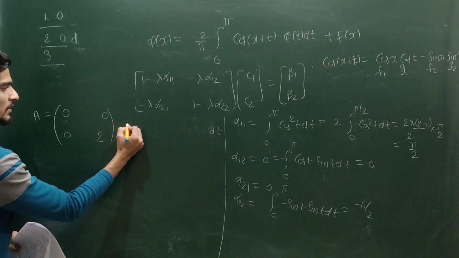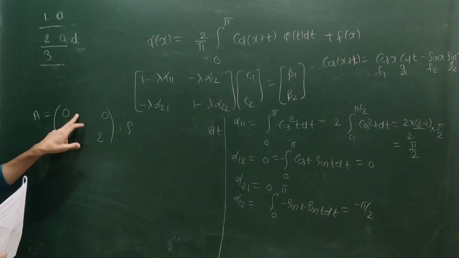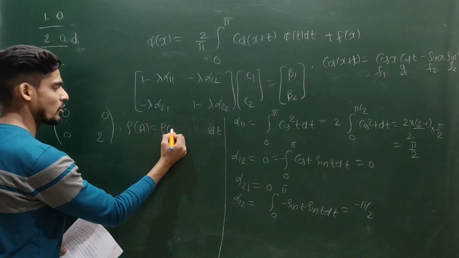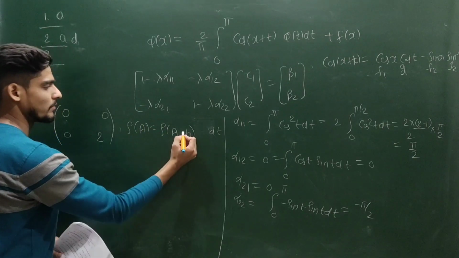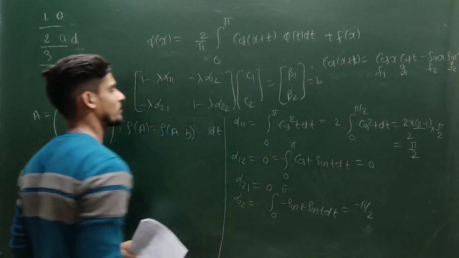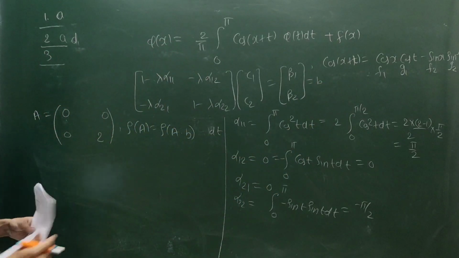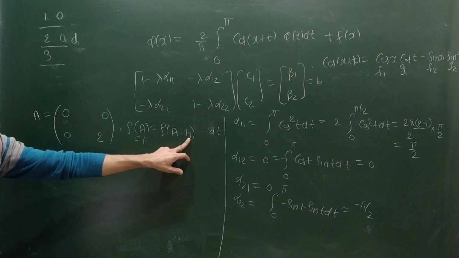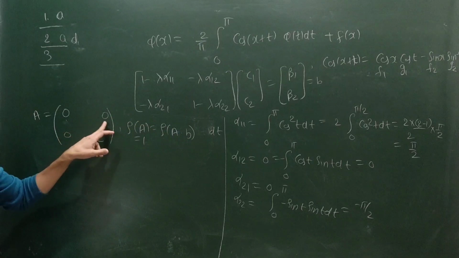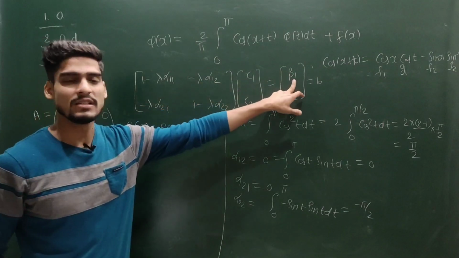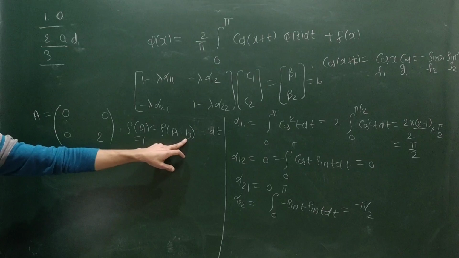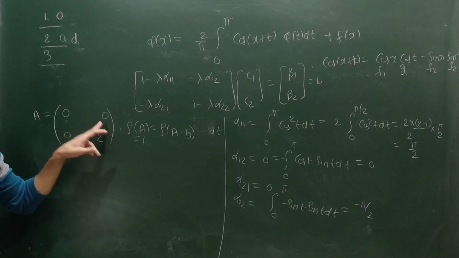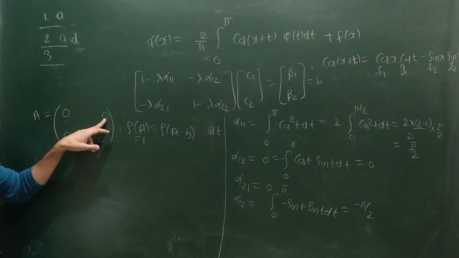Now what I need: if I need infinitely many solutions, I need the solution should exist at least. So rank of A should be same as rank of the augmented matrix A with B. What is my B? This is my B vector. See, rank of A is fixed. This is fixed. This is 1. So I need this rank to be 1. That means if I add this B column, this B column should be linearly dependent on these two. That means if I have beta 1 non-zero, then this B vector will be linearly independent of these two, because there is no entry on the first part.